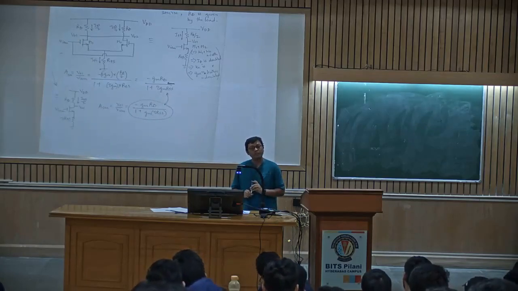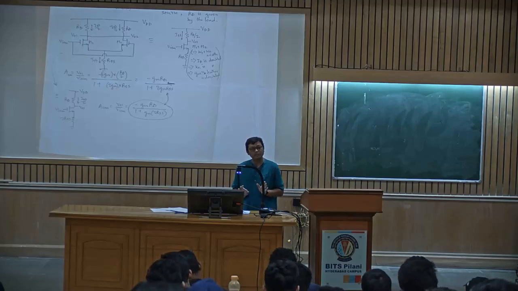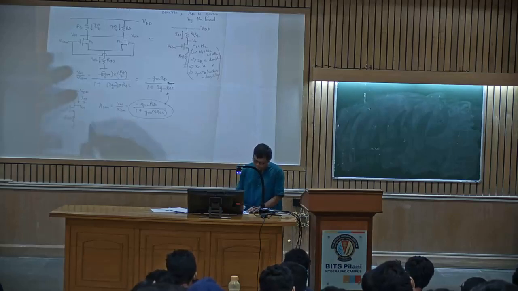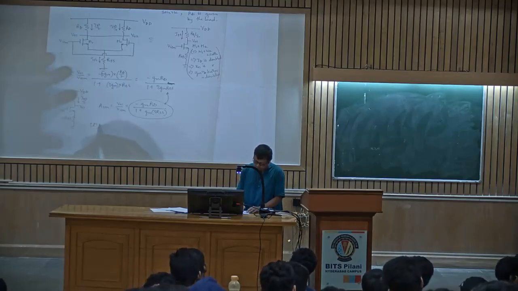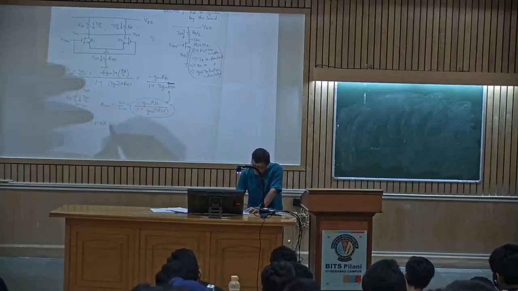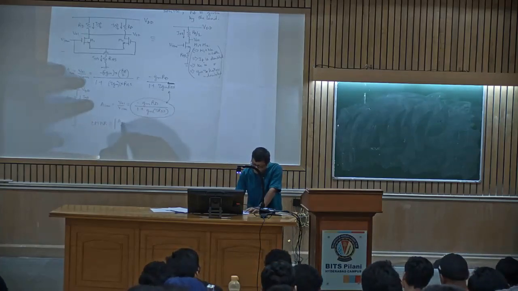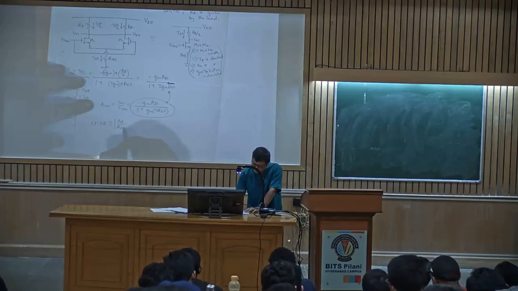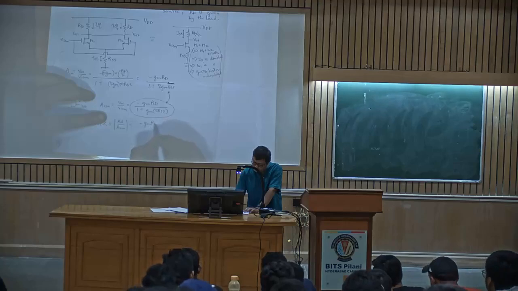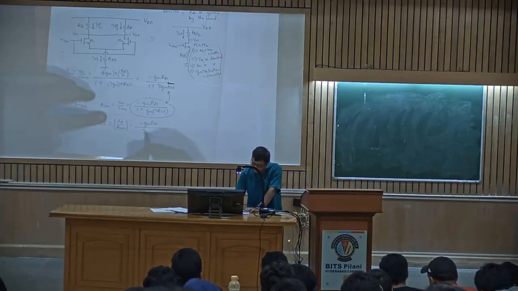So what is our objective? We need to do something such that this AD is as high as possible and ACM is as low as possible. So CMRR, I am not writing the full form, common mode rejection ratio, everybody knows that, is equal to mod of AD by ACM. AD is how much? Minus GMRD. This is how much? Minus GMRD by